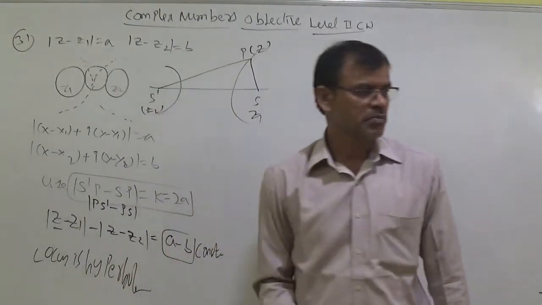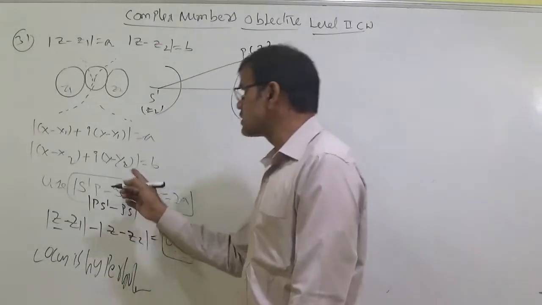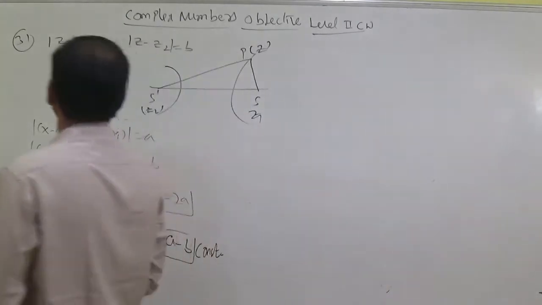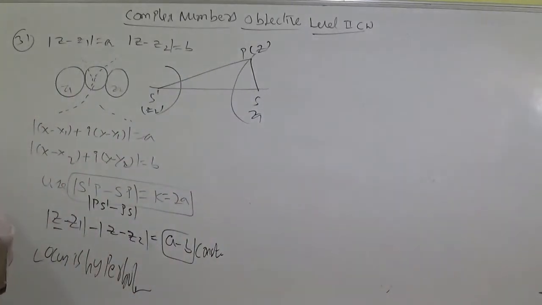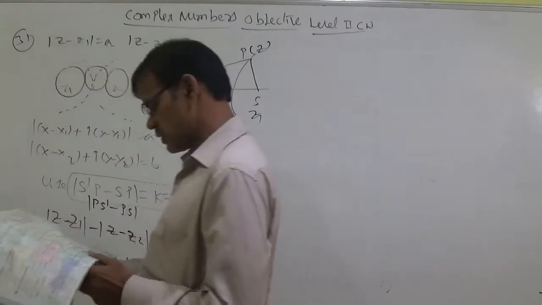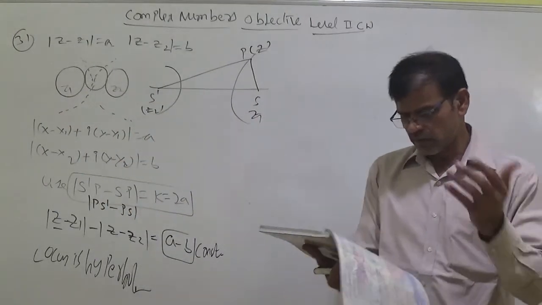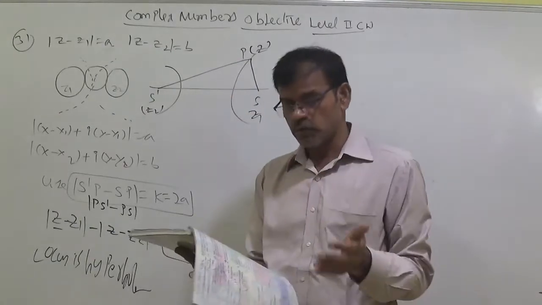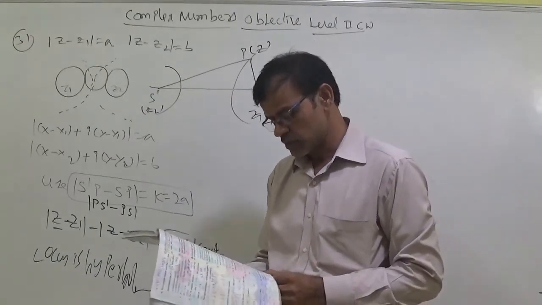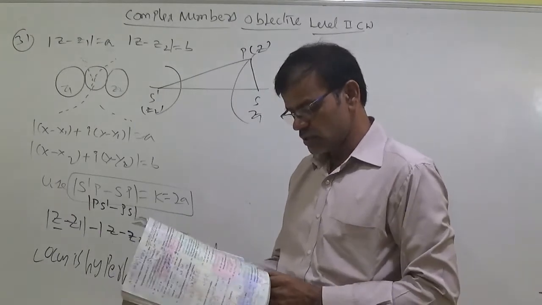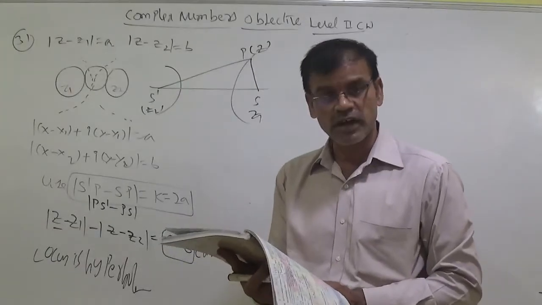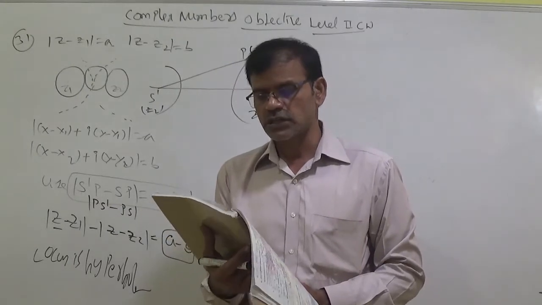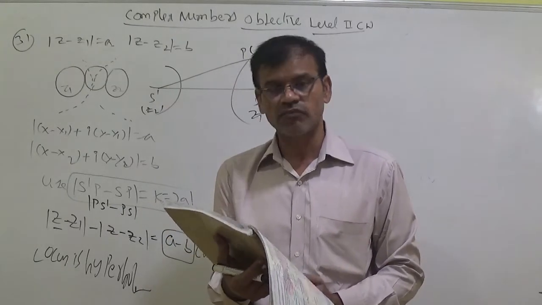The locus is a hyperbola. Whenever the circle touches externally, the locus is a hyperbola, like this, outside. When it is internal, it is an ellipse. Now for the 32nd question, I said in the conceptual teaching that the concept is completed for 32, 33, 34, 35, that is, until 35 have been completed.